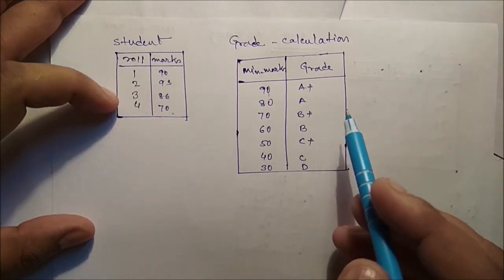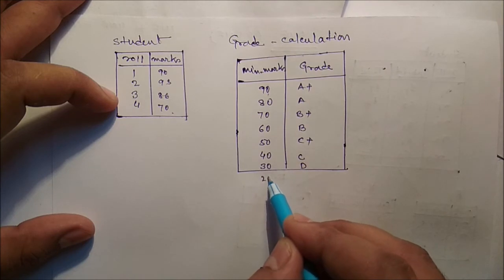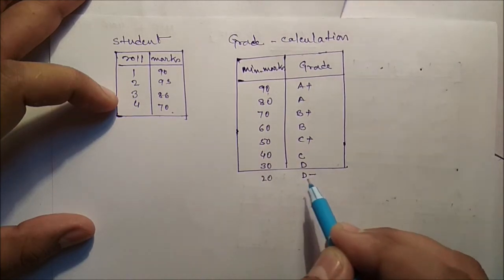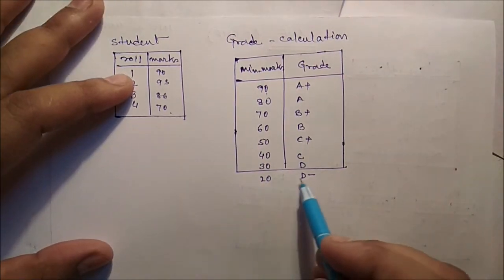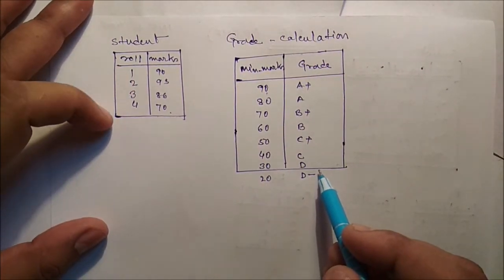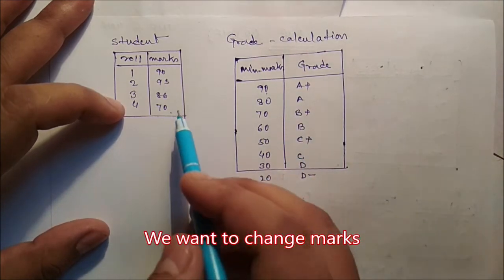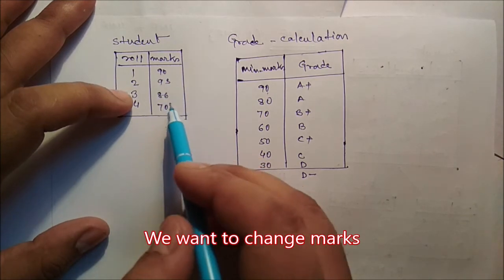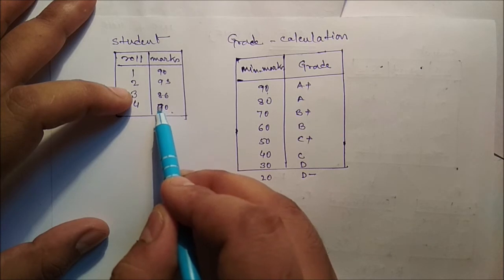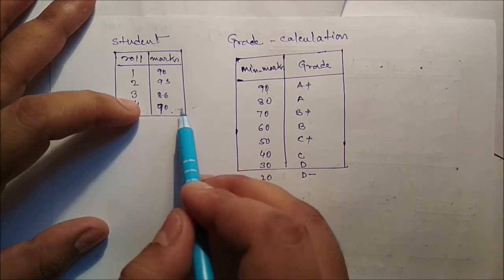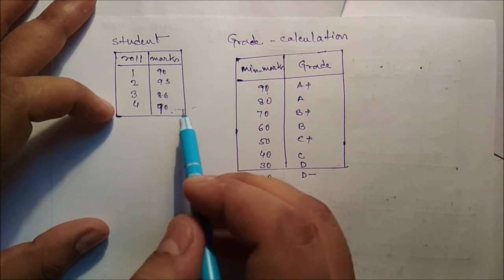Second is the insert anomaly. Suppose we want to insert any particular grade, say if it is more than 20, it should be D minus, then easily you can insert. Similarly, suppose we want to change the roll number. Now it is 70, it should not be 70, it should be 90. So simultaneously we should not have to change the grade. Just change only once. So that is the update anomalies.